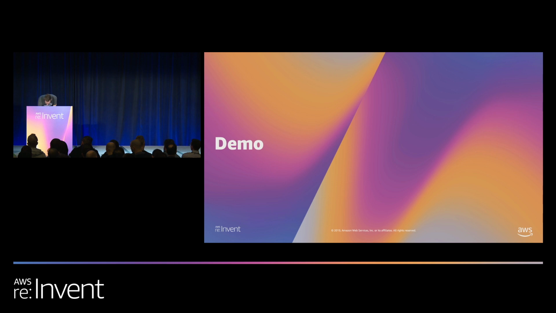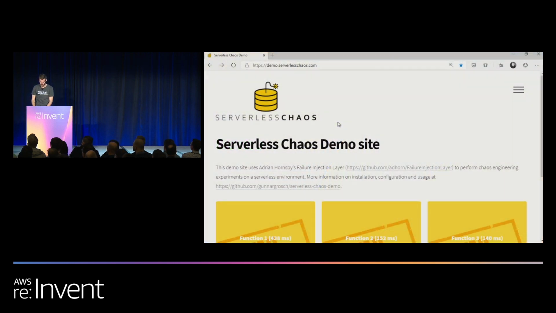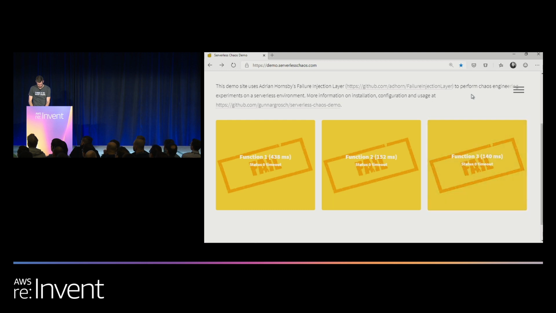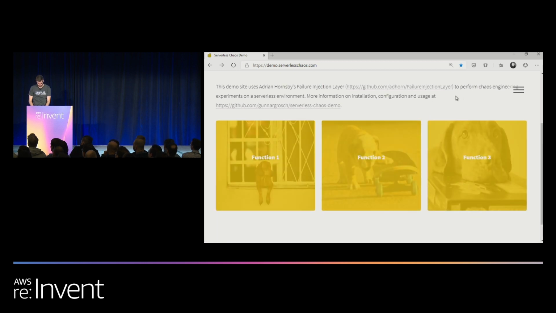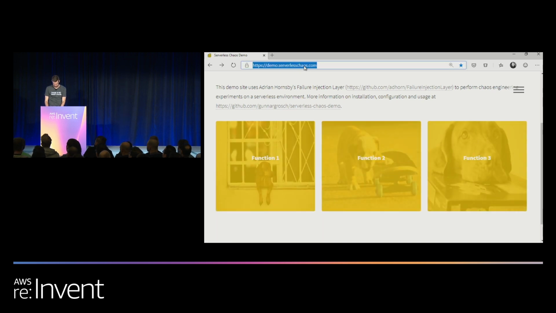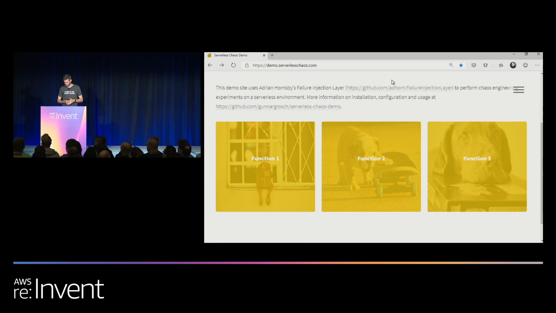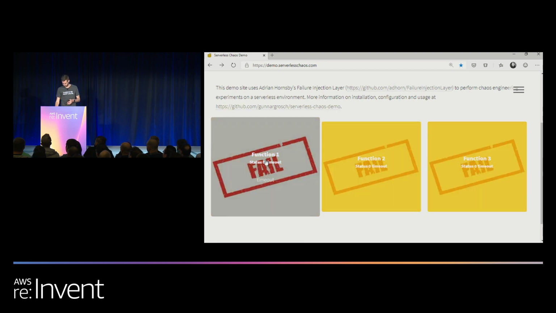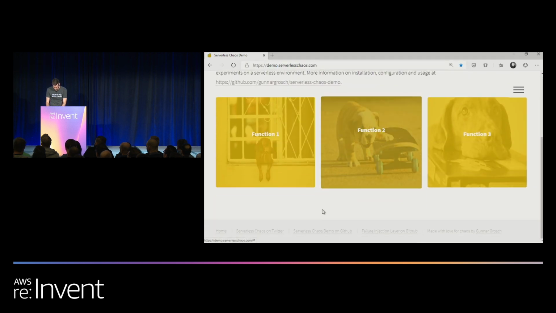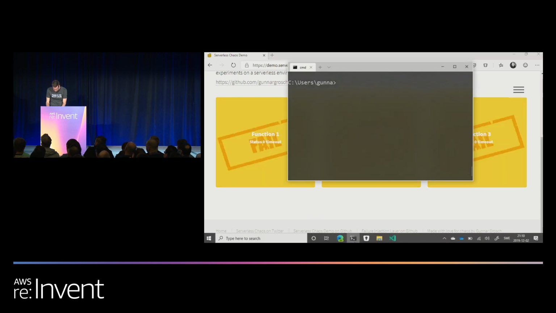switch over. Cool, so this is the site. Timeout. Now it should start reloading images. Timeout. That's good. And it's loading. Okay, so